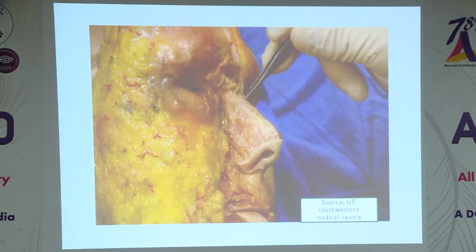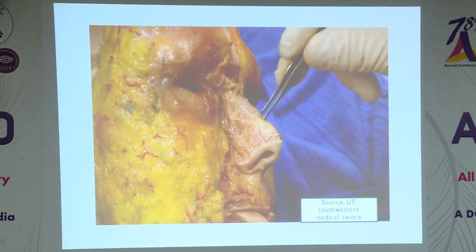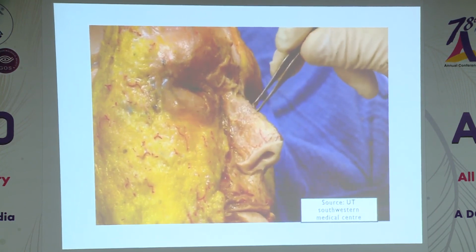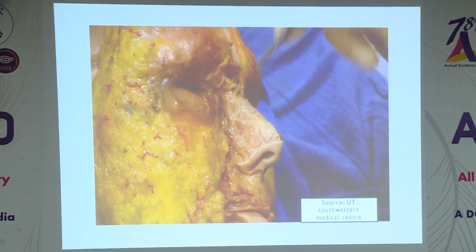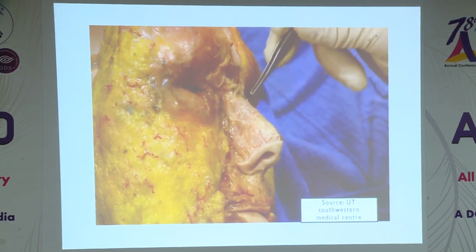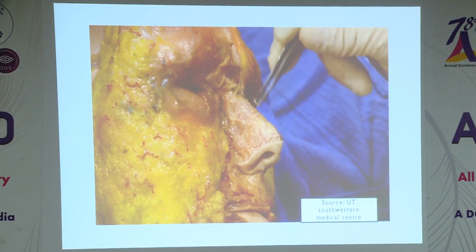Usually the patients you will find have depression at the bone and cartilage junction, and you need to inject here only. So God has made things easy for us, that you have to inject here, where he will not give vessels, as if he could see in future the facial aesthetics. So this is about the important points. Obviously, I can't teach all the origin and insertion of muscles and so on. But these are the points which we should beware of when we are starting facial aesthetics practice.